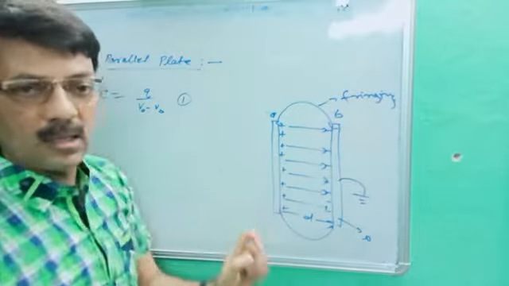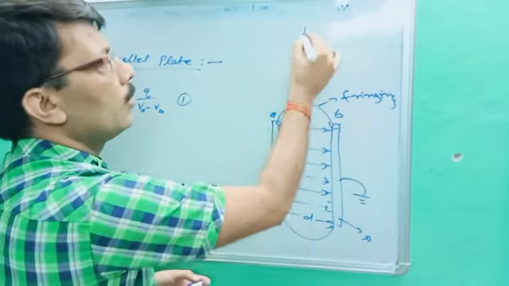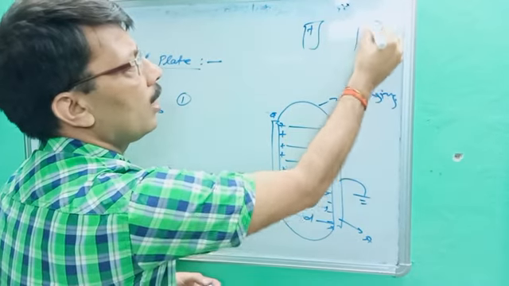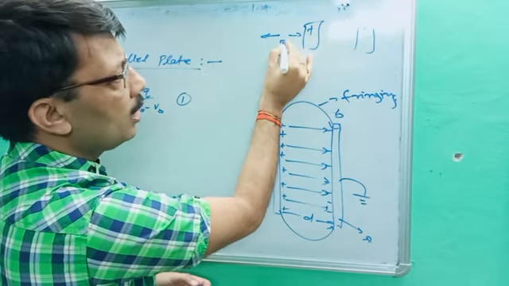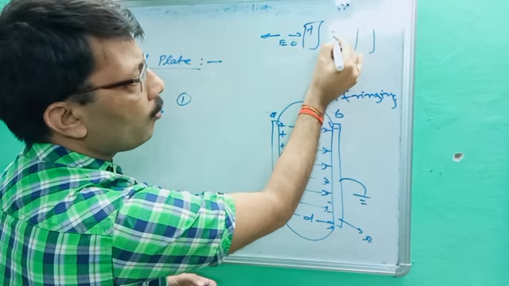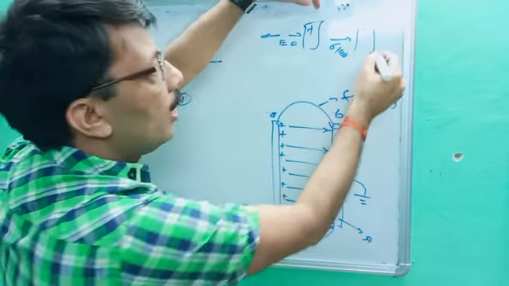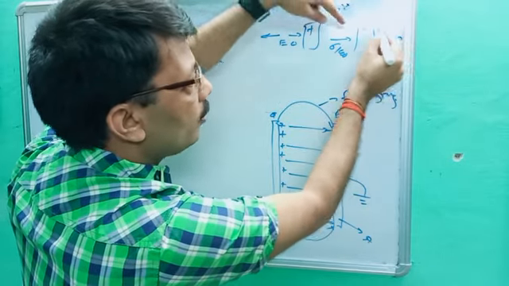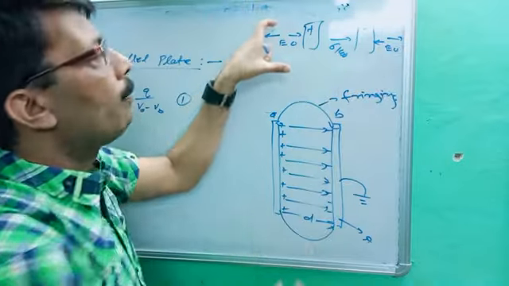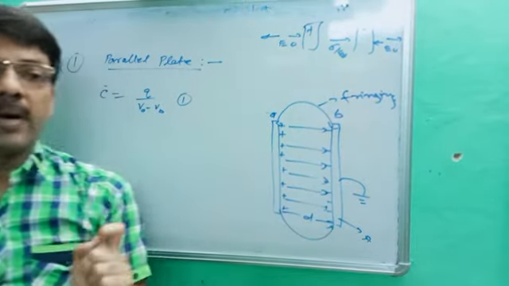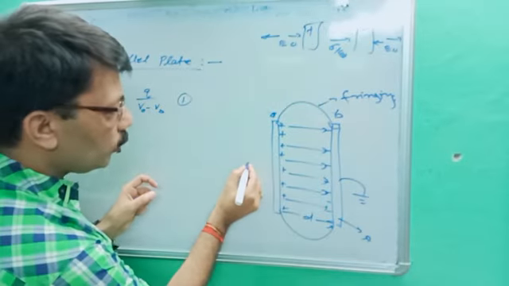Total there are three zones, and you better know the application of Gauss theorem. This is positive and this is negative. Inside, away from the positive towards the negative, the electric field is 0. Between them, you better know it is sigma upon epsilon naught, that is already taught. And on the right side, the electric field is 0. That is the application of Gauss theorem for an infinite plane sheet. The same thing we will do here. Here the electric field, you better know.